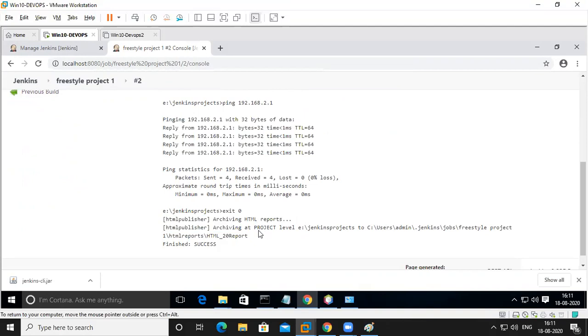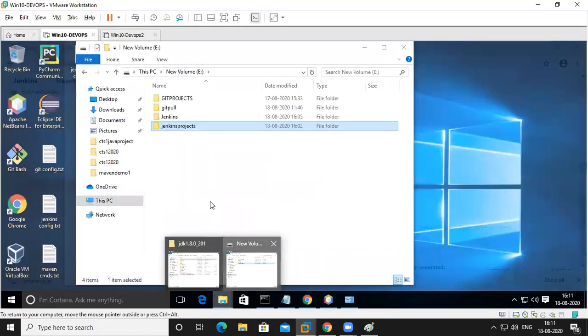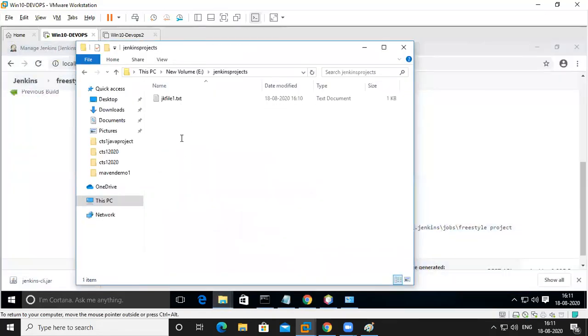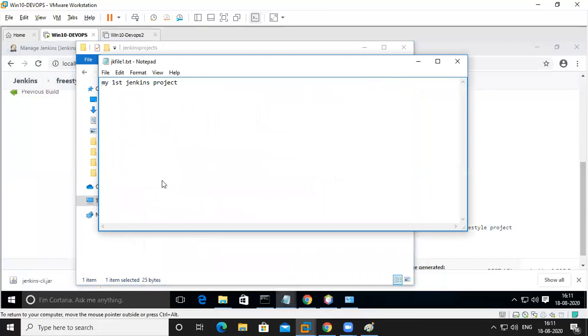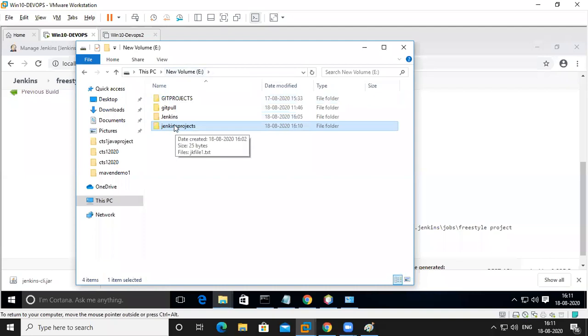Can you see HTML archiving, HTML reports, project level here to here. So we'll see what happens. So first of all, this is created, and can you see without quotation the file is there. In this one, this file is there, but I want the report, right?